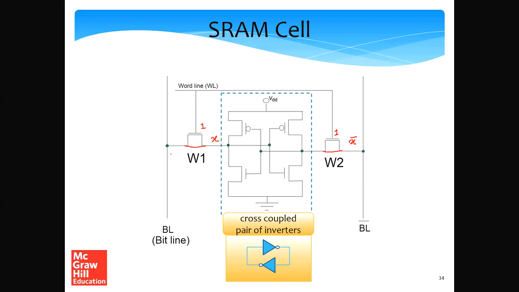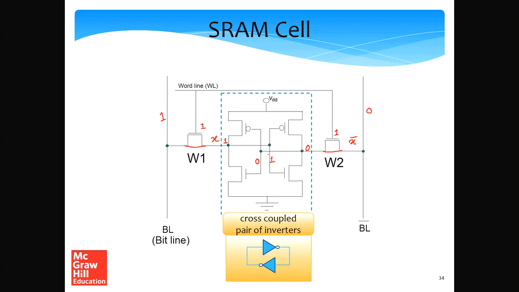If we want to write, let's say 1 into the cell, we set this bit line to a logical 1, which is the supply voltage, and we set this bit line to a logical 0, which is ground. In this case, if the voltage drivers are strong enough, then the 4 transistor cross-coupled pair of inverters will be programmed such that the value saved over here is 1, and the value saved at this point, which is also the same as the value stored in these points, is 0, and here it is 1.